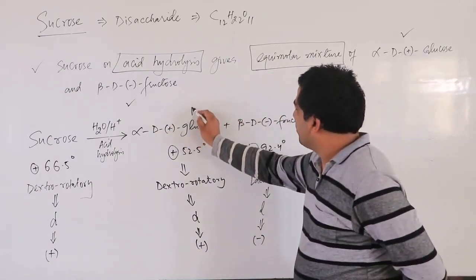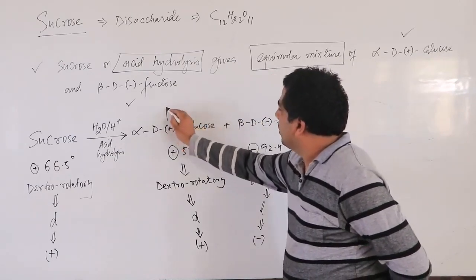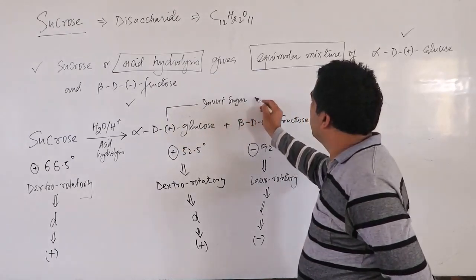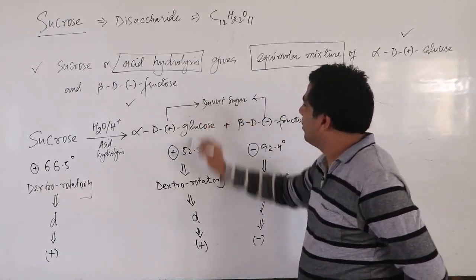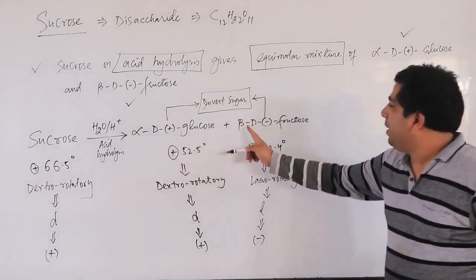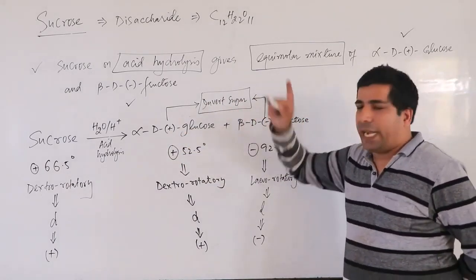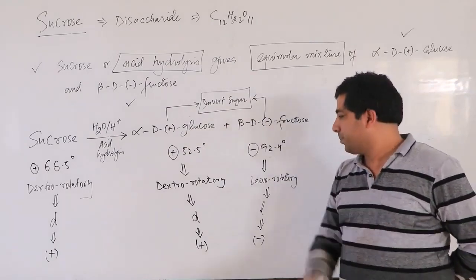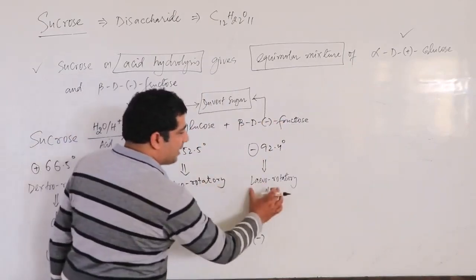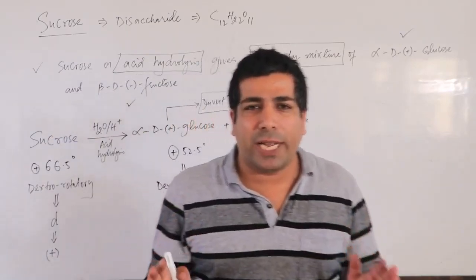These two together, this and this together, are known as invert sugar. Have a look here. Alpha D glucose and beta D fructose, they are together known as invert sugar. I will tell you why. There is a reason. Now look here. I told you that this one is dextro and this one is levo. Okay? When we pass plane polarized light